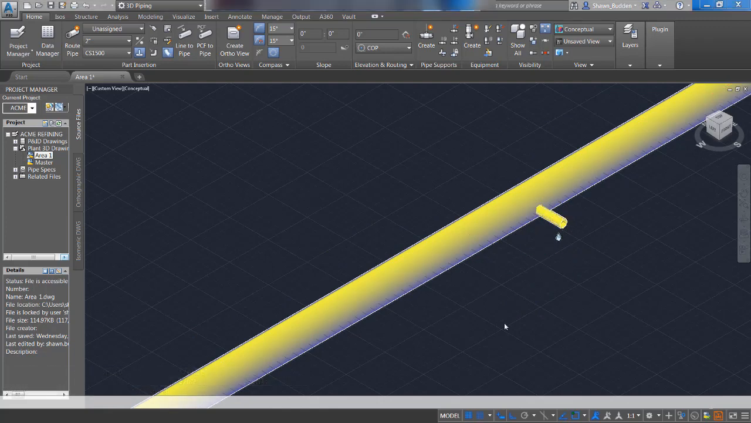Another option that you have when creating a stub in is merely to select the pipe that you want to use for the stub in. Right here you'll see that I have a piece of 2-inch pipe, and then I'm going to go ahead and route pipe, and I'm just going to make sure I'm in the same plane that my line is on. And then I'm going to just go ahead and route this pipe directly into the existing